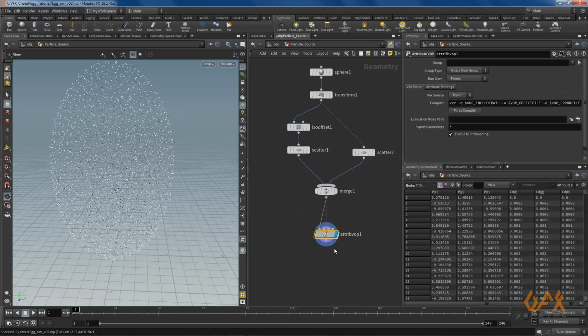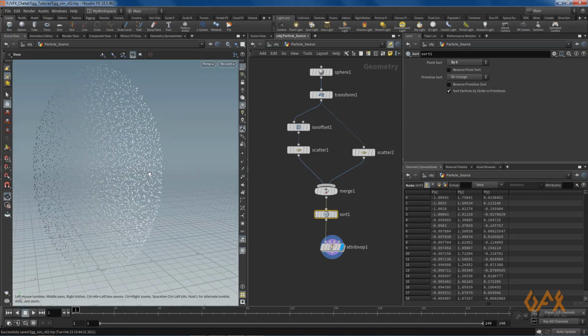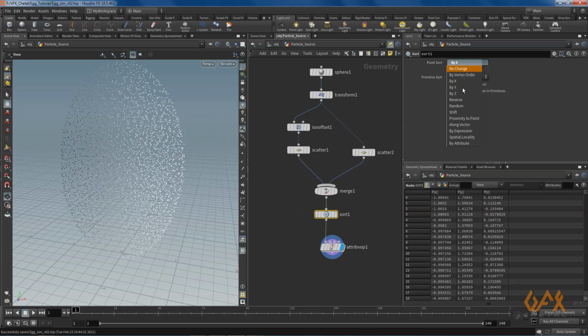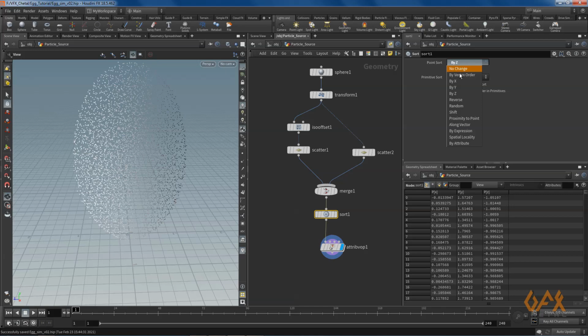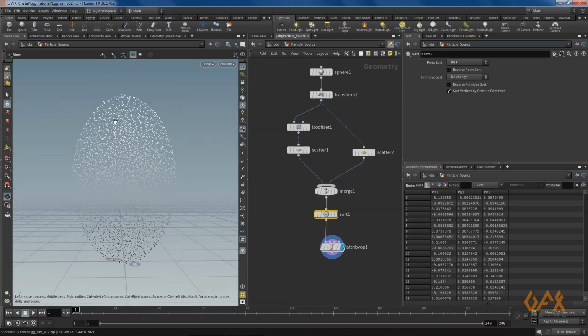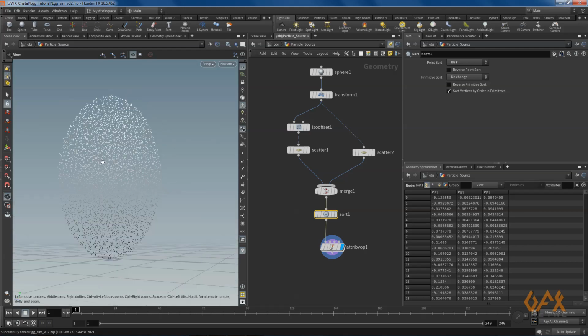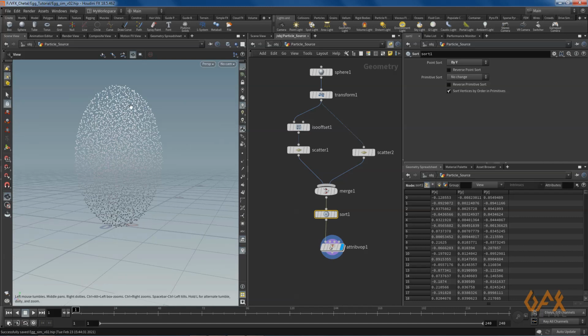For that I just add one sort operator over here, and now you can define the point sort by maybe x like this, or z, even you can define it as y. So now my 0 is over here and 1 is over here, so that's how it segregates the index. So it has changed the indexing of these points.